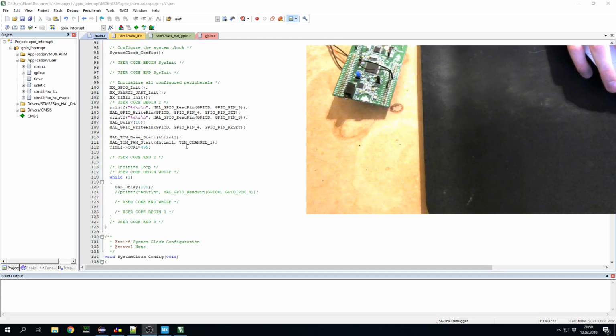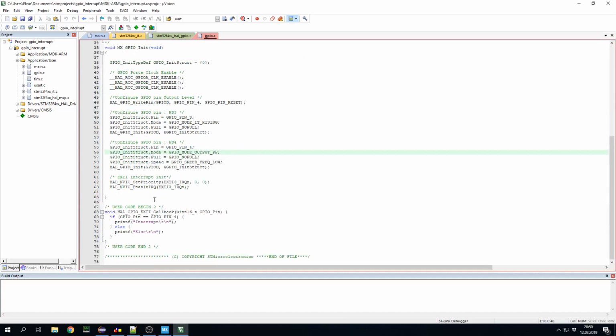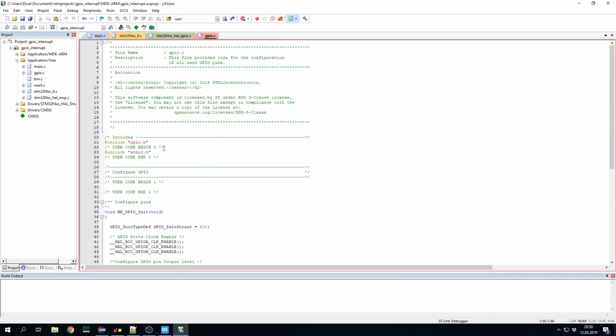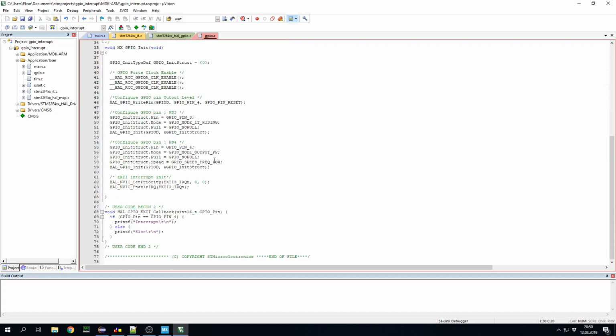Let's go back to the code. Gonna go back to the interrupt function I wrote here, and what I'm gonna do, I'm gonna make a global variable here. Let's call it g_counter. It will count every time the interrupt is triggered. I'm not gonna print out this. I'm gonna just do counter plus plus here,